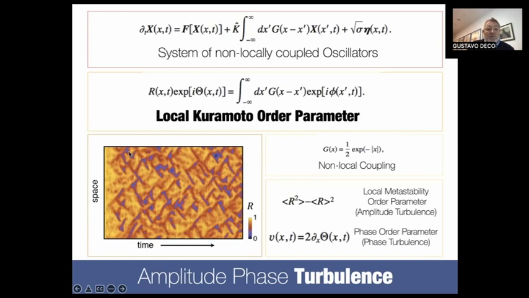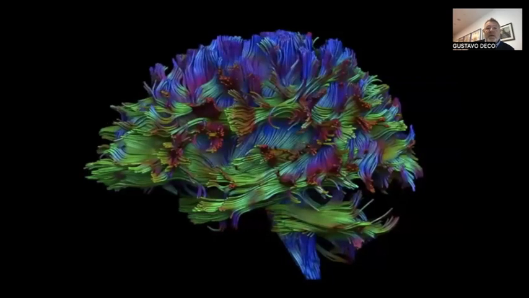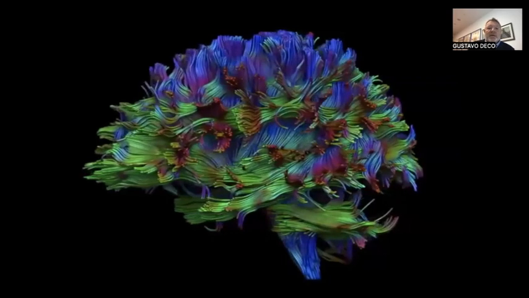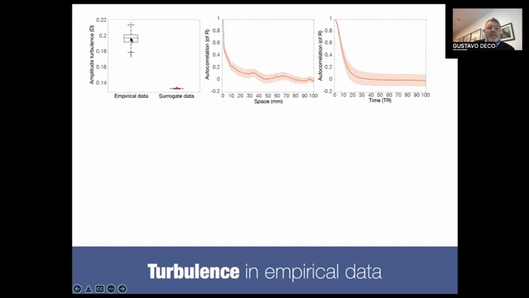So, those local levels of synchronization that are changing across space and time are reflecting this vertical structure in the system associated with turbulence. In fact, we measure this again on the HCP, just concentrate on this picture. This is exactly the variability of the local Kuramoto order parameter in the real data under resting state condition, that you can compare with the corresponding surrogate just to assess the level of significance.